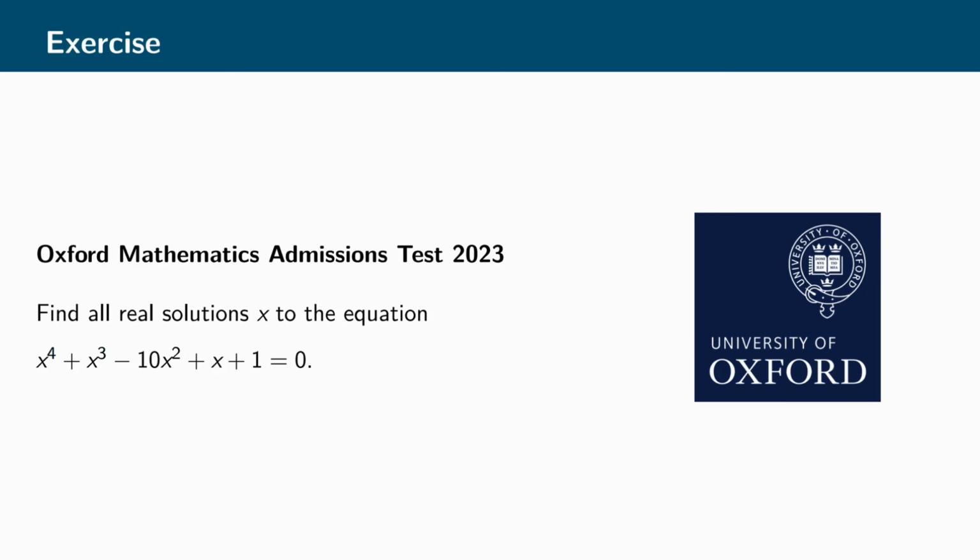Here is a nice exercise for those interested. This problem is taken from the Oxford Mathematics Admission Test 2023. Find all real solutions x to the equation x to the 4 plus x cubed minus 10x squared plus x plus 1